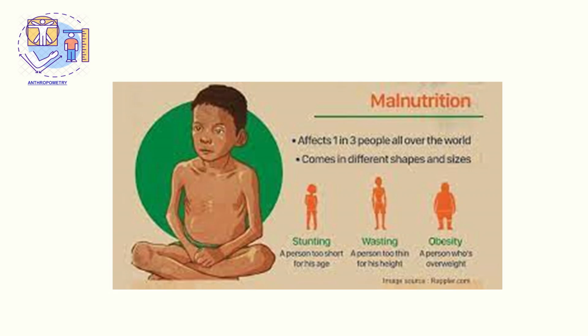A person too short for the age is termed as stunting, and a person who is too thin for the height, that is called as